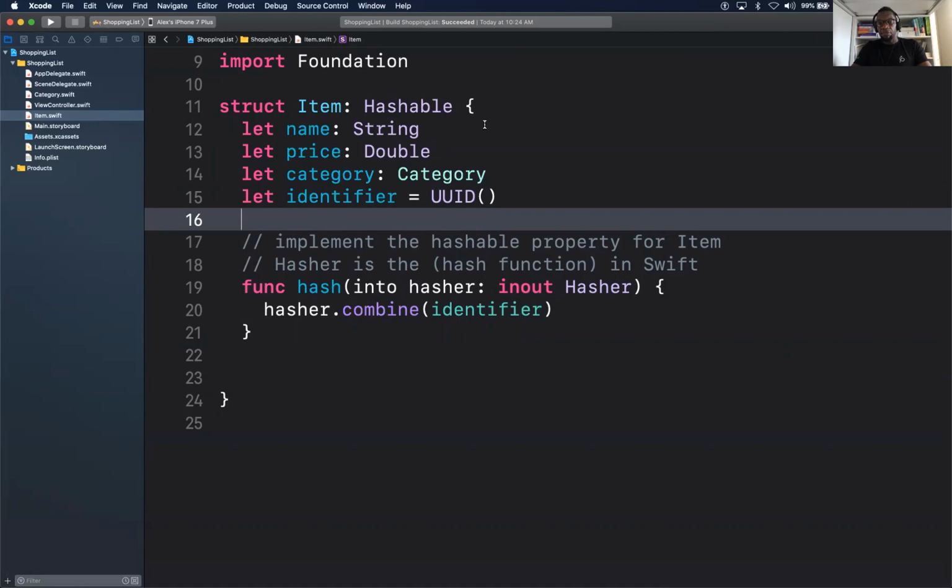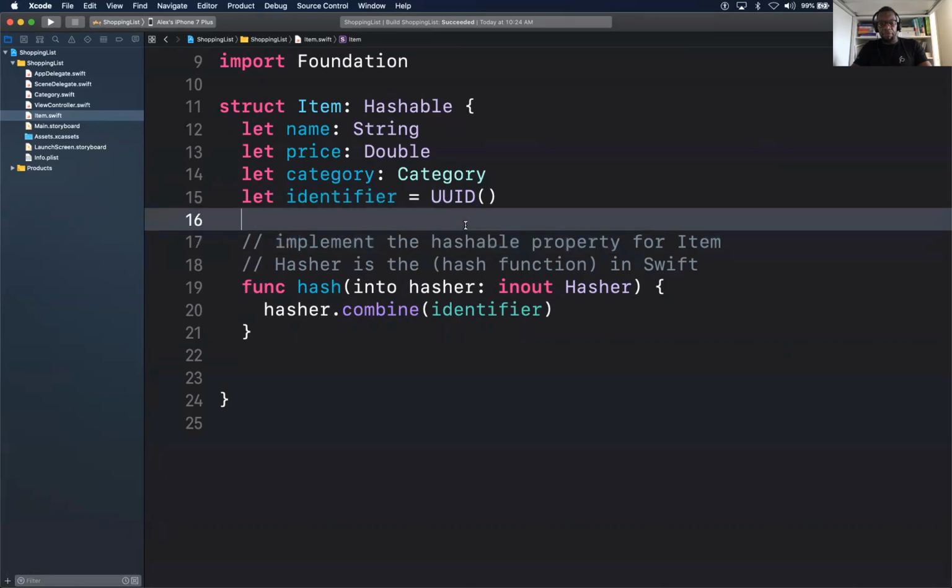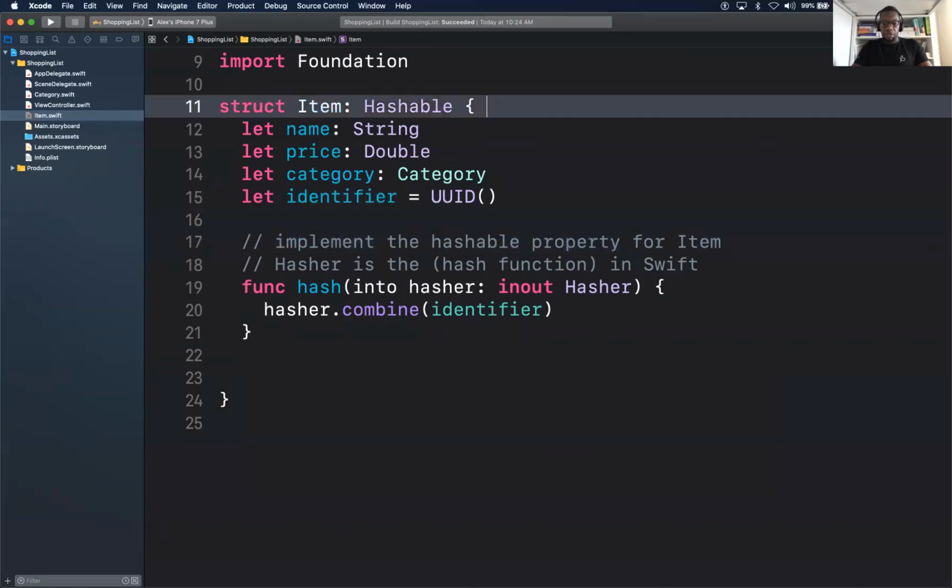Oh, and the identifier would be that unique property. Yeah. Okay. No, totally understood, because it has to be hashable when we actually implement it into our UI. Okay, so it's possible to just make one thing hashable, and it'll only look for that one hashable thing within the item. Yep, exactly.